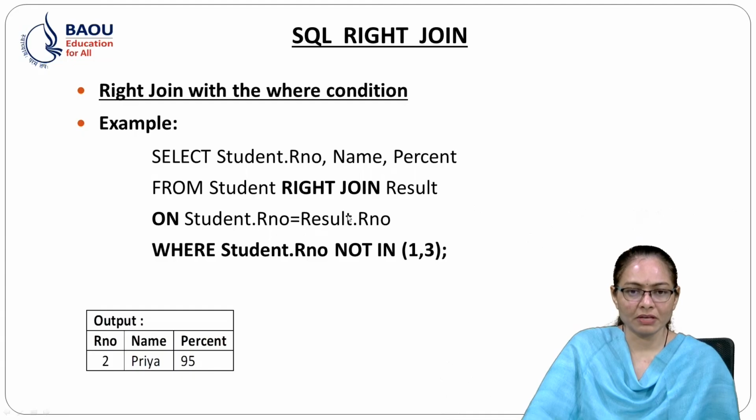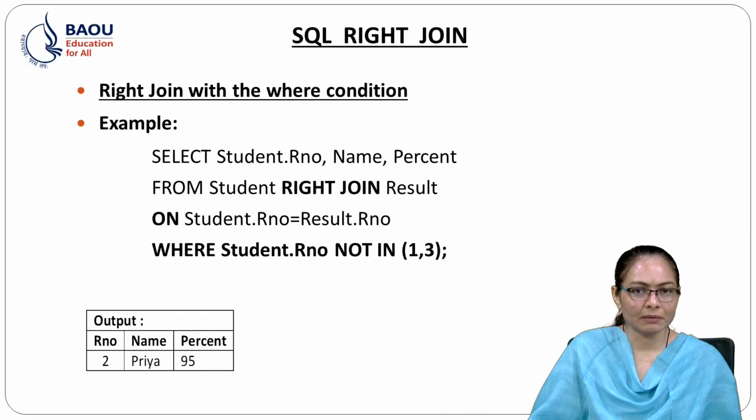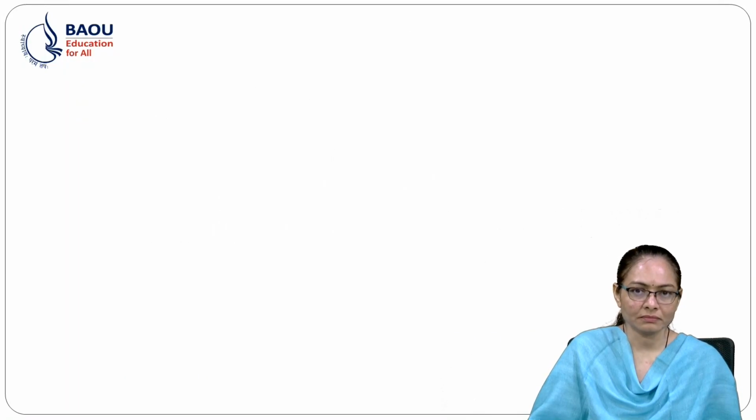If we use a third table, the exam table, how can we write it? Here we use the AND operator: AND student.roll_number is equal to exam.roll_number. So all the tables are joined using the common column. And then we write the where condition. If we need particular data, then we use the where condition.